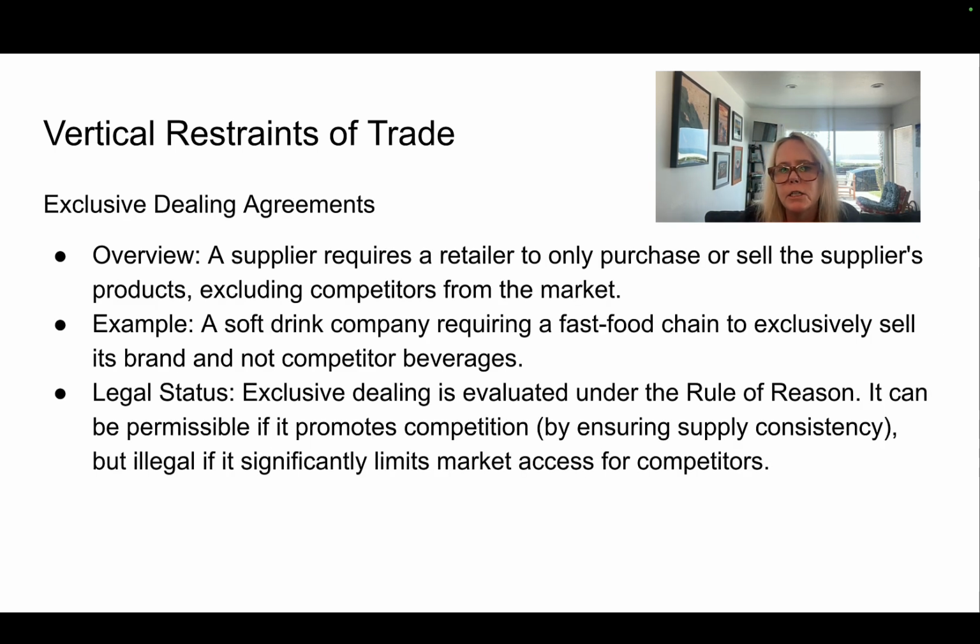Exclusive dealing arrangements or agreements. A supplier requires a retailer to only purchase and sell the supplier's products, excluding all competitors from the market. So a soft drink company requiring a fast food chain to exclusively sell its brand and not competitors' beverages. Again, this falls under rule of reason, and you see in many fast food chains, they either sell Coke products or Pepsi products. Typically, this is only illegal if it impacts competition among other